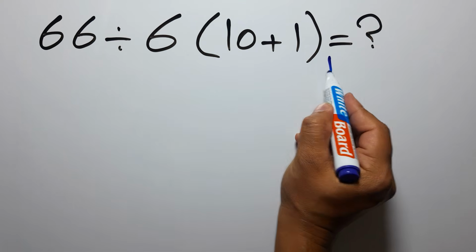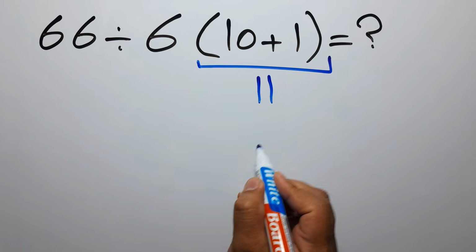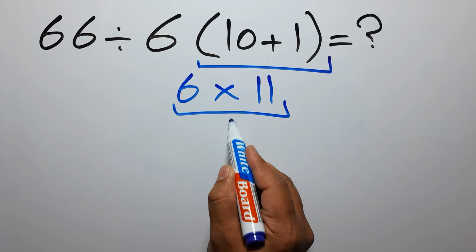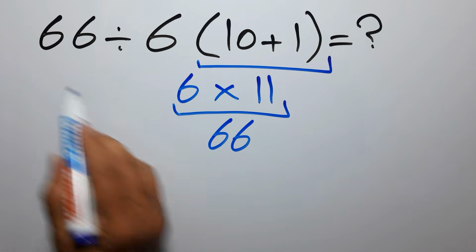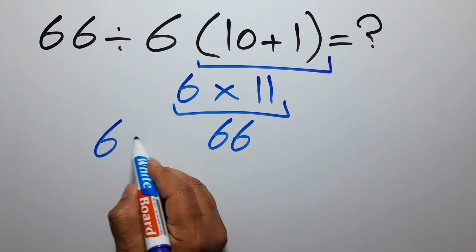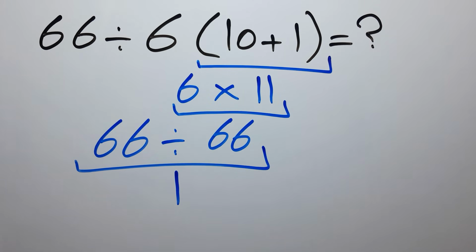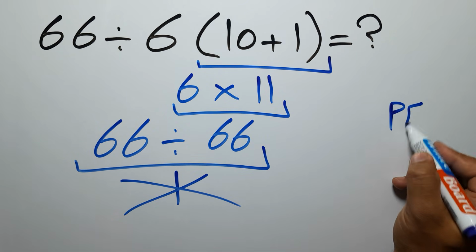10 plus 1 gives us 11. And 6 times 11 equals 66. So 66 divided by 66 is just 1. But this answer is not correct, because according to the order of operations, which is PEMDAS,